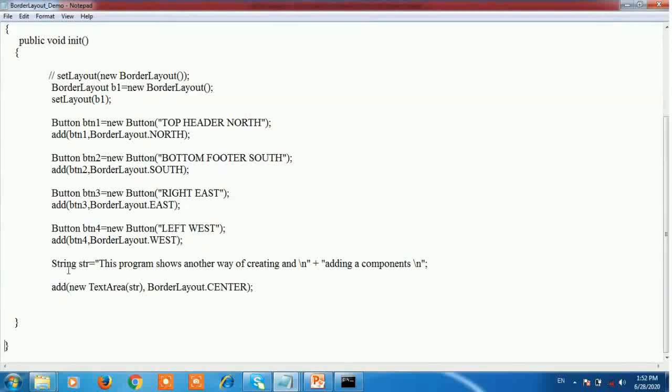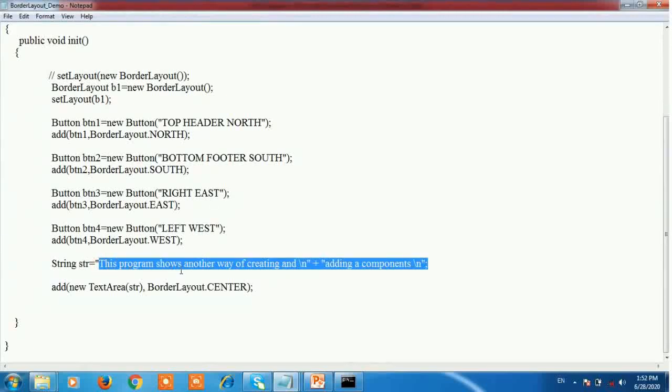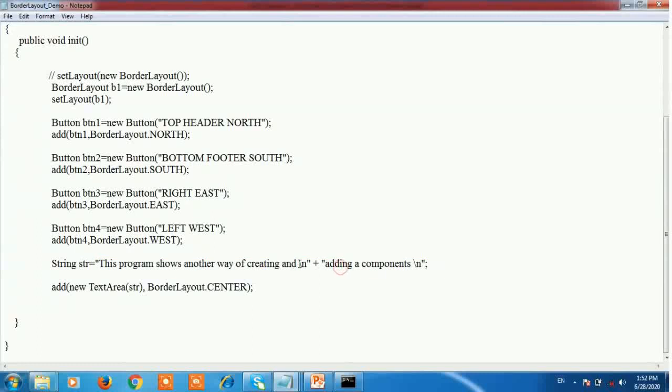After that, we pass the string. So String str is equal to, the string is, this is a program that shows another way of creating and adding a component. Here we use the \n. \n is nothing but the new line. If you want to have a string on a new line, then we use the \n.